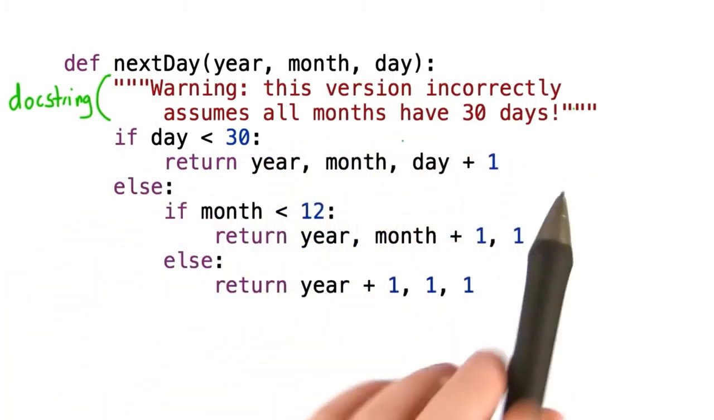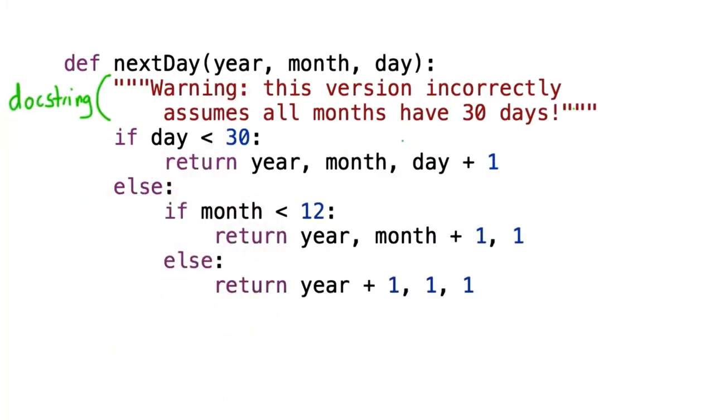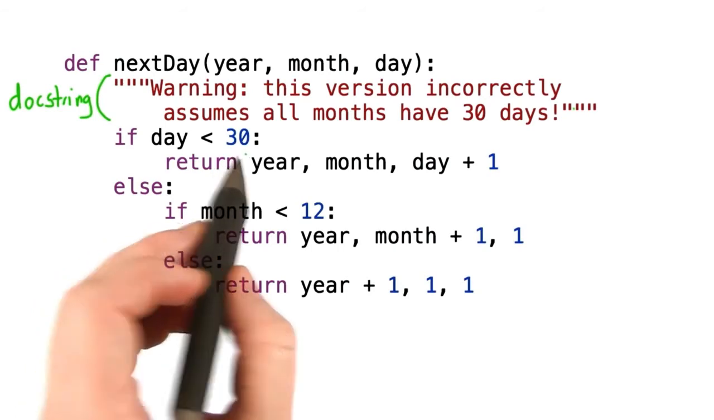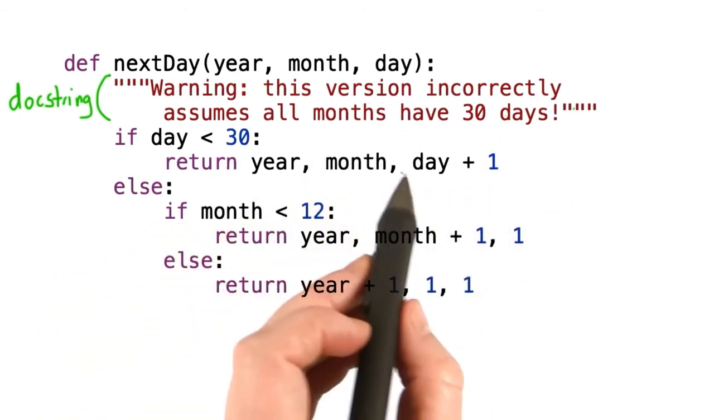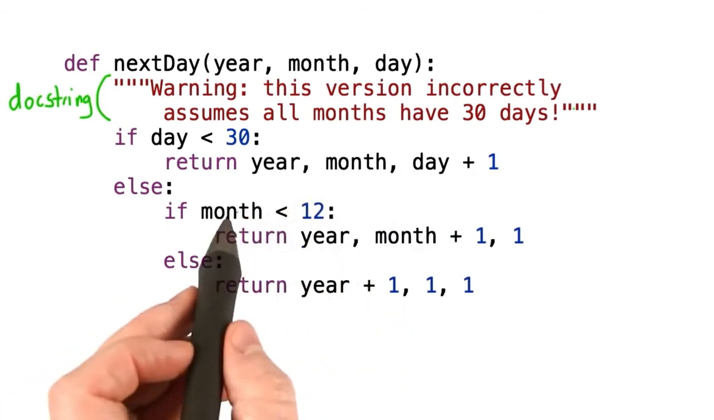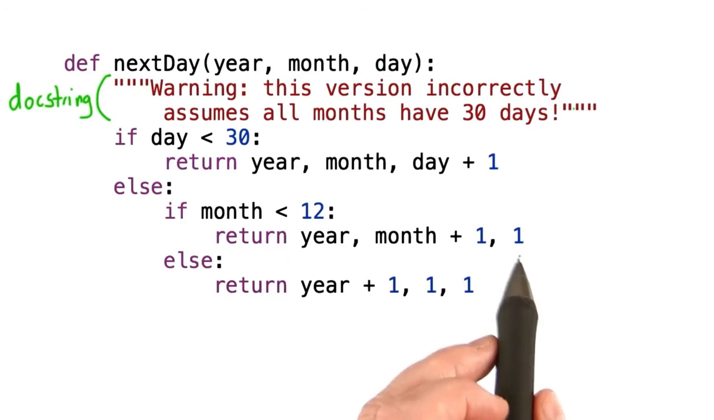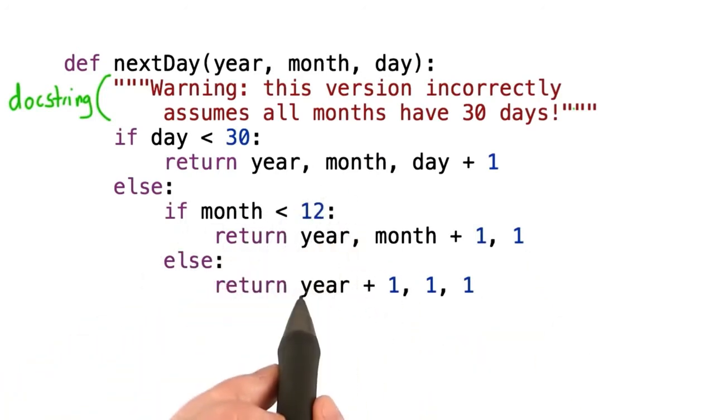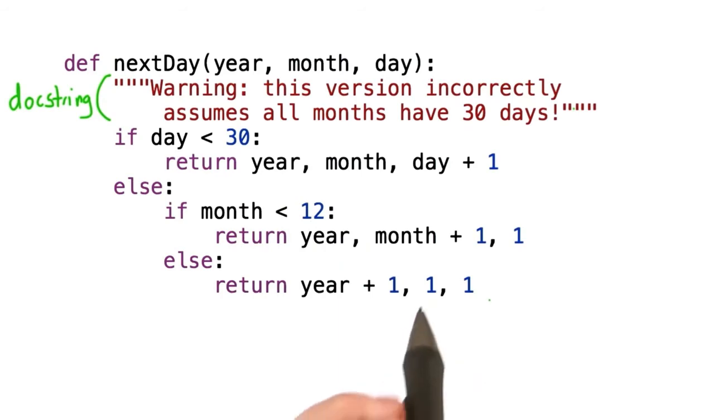So it shouldn't be used to schedule, say, the apocalypse, but it's good for our testing for now. And the logic is quite simple. If the day is less than 30, since we're assuming all months have 30 days, we increase the day by 1, and I'm returning a three-tuple of the year, the month, and the day. Otherwise, we need to increase the month, so we're going to advance to the next month, reset the day to 1. If we're in December, then we need to increase the year by 1 and reset the date to January